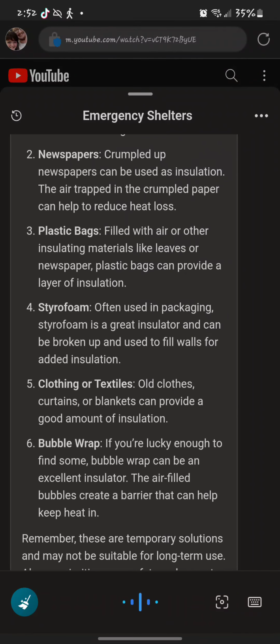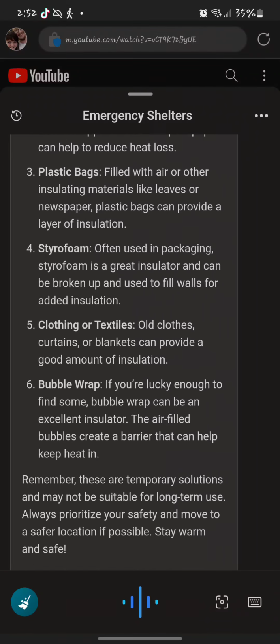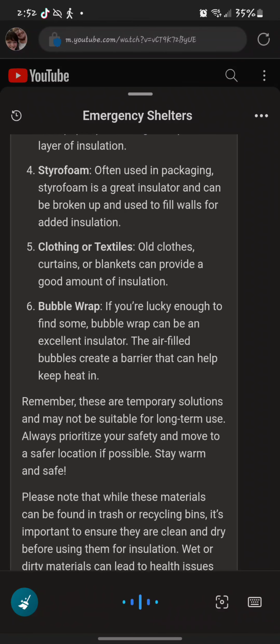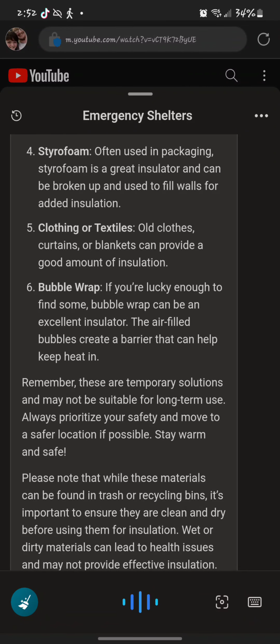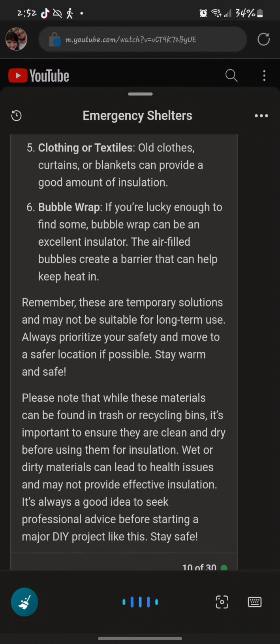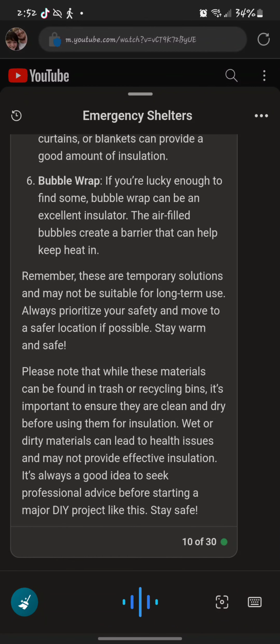Plastic bags. Filled with air or other insulating materials like leaves or newspaper, plastic bags can provide a layer of insulation. Styrofoam. Often used in packaging, styrofoam is a great insulator and can be broken up and used to fill walls for added insulation. Clothing or textiles. Old clothes, curtains, or blankets can provide a good amount of insulation. Bubble wrap. If you're lucky enough to find some, bubble wrap can be an excellent insulator. The air-filled bubbles create a barrier that can help keep heat in. Remember, these are temporary solutions and may